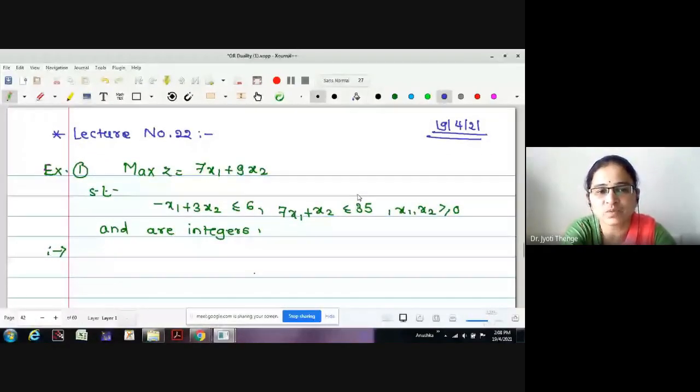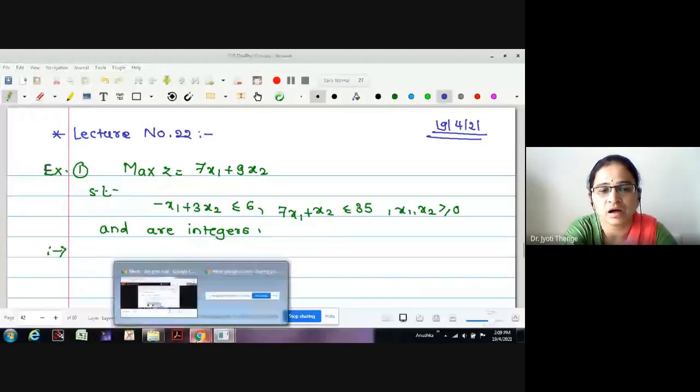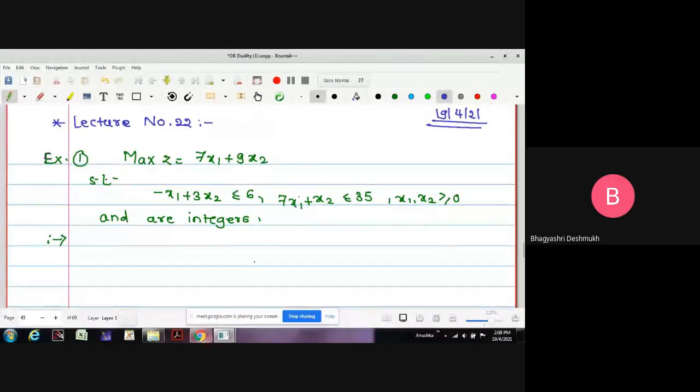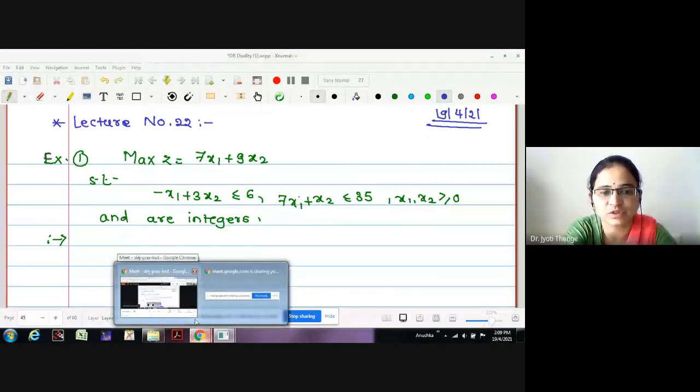Now here is one example I have given you to solve by the usual simplex method and check the integrality of the solution. If the values of the variables are integers, there is no need to use Gomory's cutting plane method as well, right? Therefore, how many of you solved this by the usual simplex method? Solved it or not? First question. Yes, ma'am. Solved it, no? What is the solution you are getting?